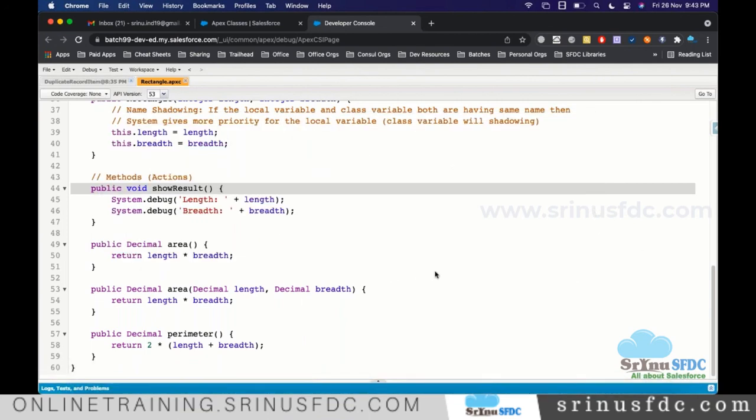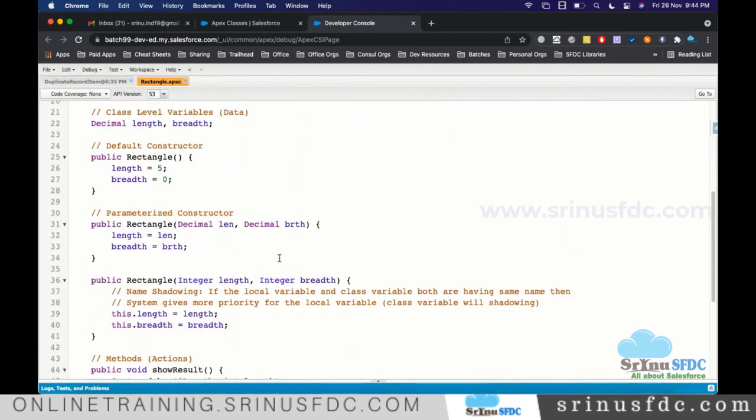I have one last question regarding this keyword. If in the constructor we are using this.length = length, can we use this keyword on the right side as well? You can. If you use it, what will happen? You are replacing the length value, whatever we are supplying, with the value of the class level variable.